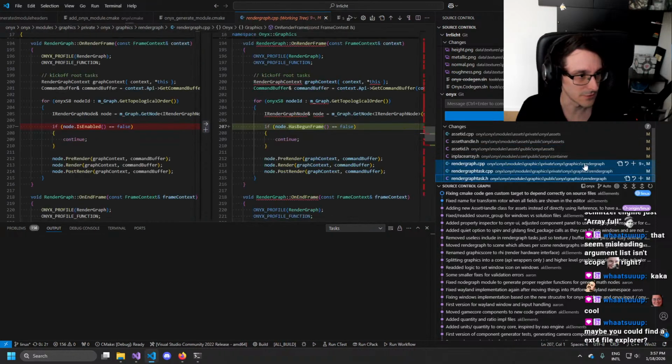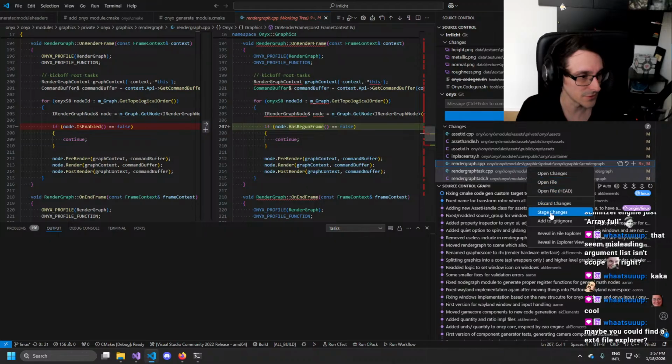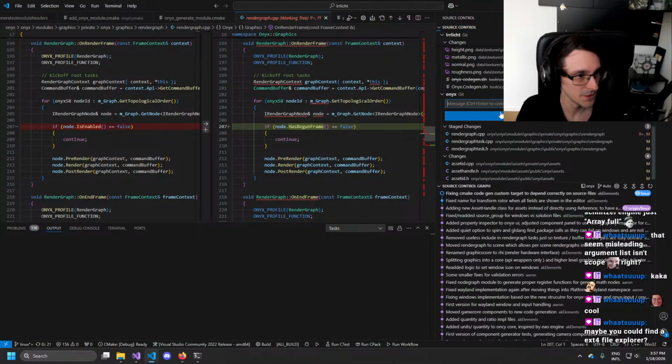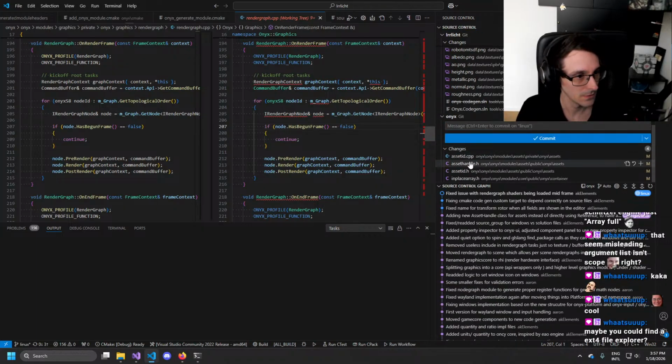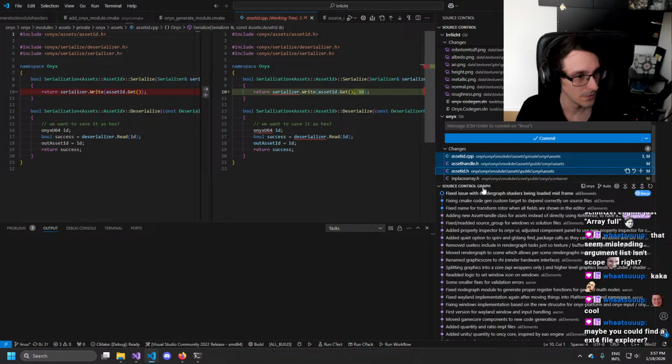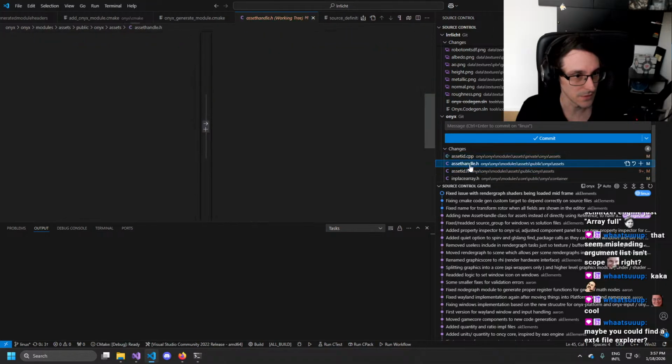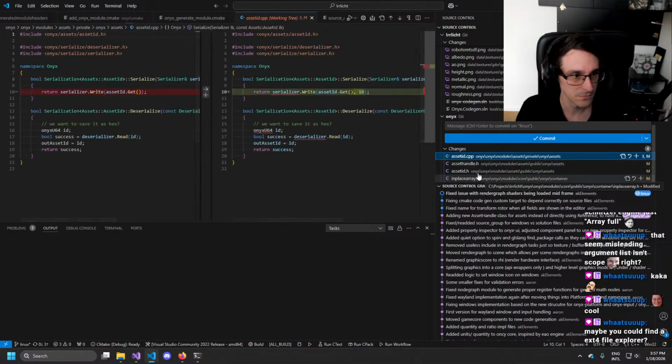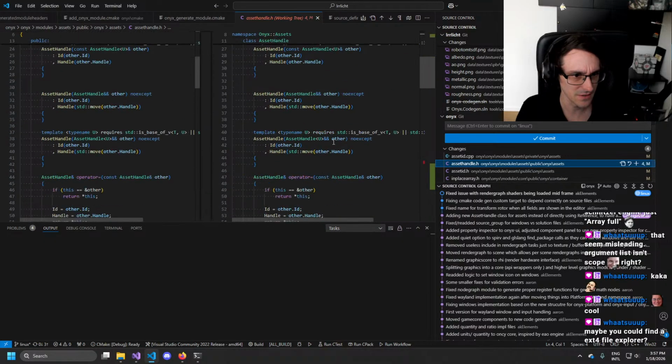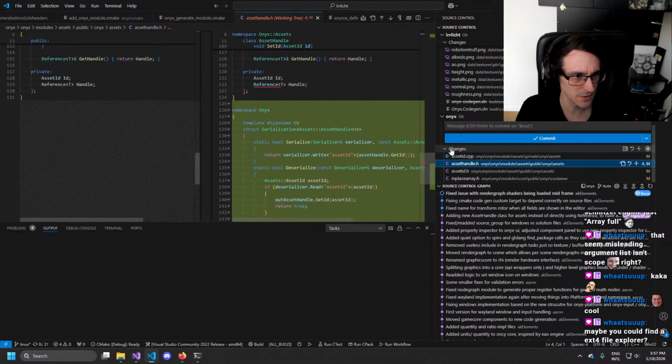And this is render graph stuff. So let's stage that first. Fixed issue with render graph shaders being loaded mid-frame. And then this is basically just adding serializer for the asset handle. Yeah.